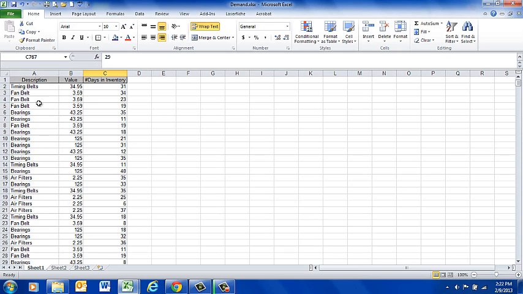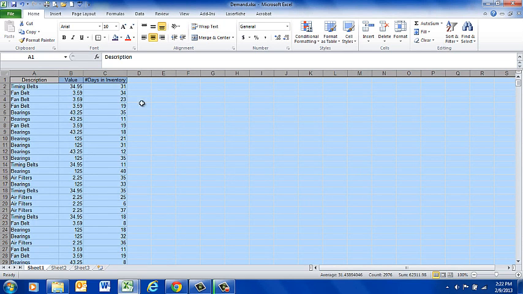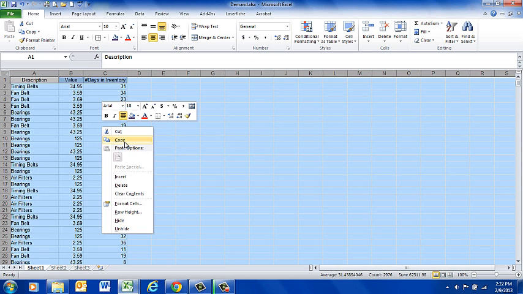By getting in the corner here, there's a little blank corner above the A, to the side of the A, and above the 1. So I'm going to click there, and when I do that, it highlights the whole worksheet. Then I can right click and copy, and then I can go back to my other worksheet